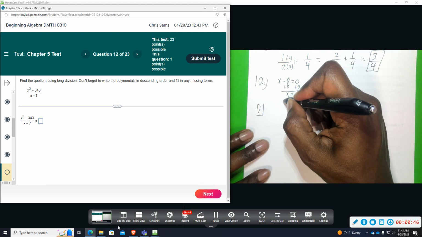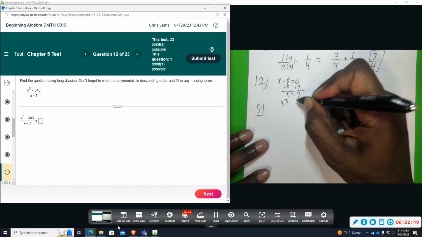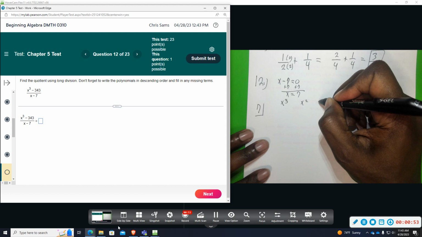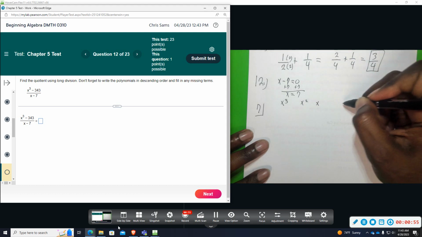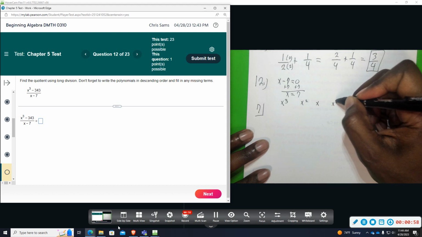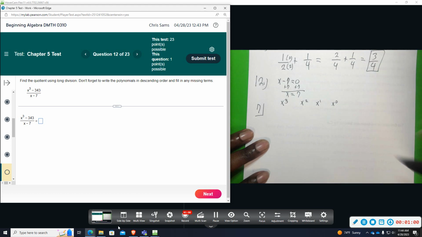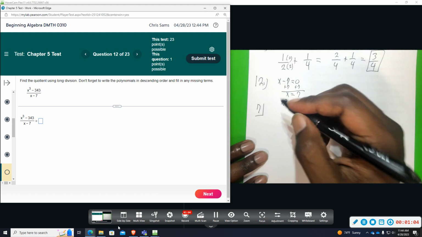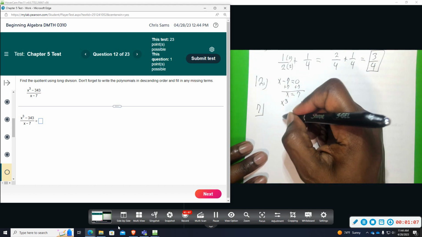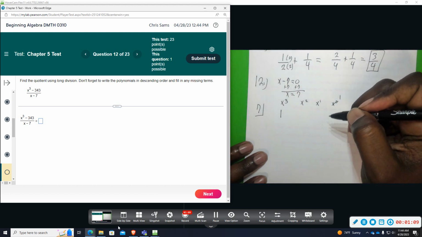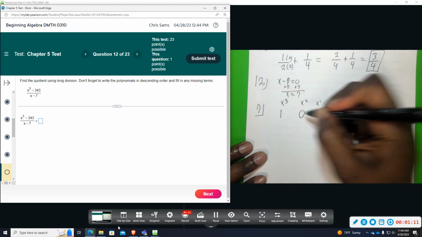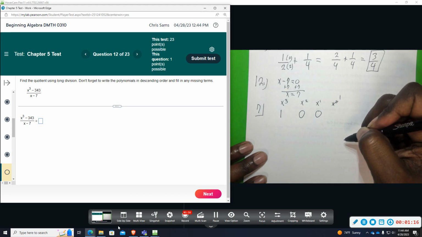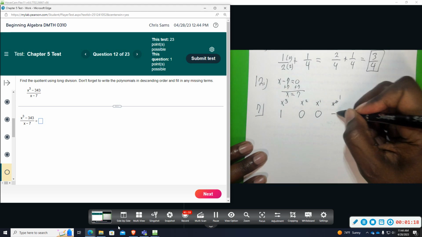So we have x to the third. That's my biggest degree, so I need to count from 3 all the way to 0. So I need x squared, single x, and then no x term. Let's say x to the 0. So this just means 1. We won't have an x variable at all, just a number. So we have an x to the third. The number in front of that is 1. We do not have an x to the second, so I put a 0 as a placeholder. We do not have a single x, so I put a 0 as a placeholder, and then my number at the back is negative